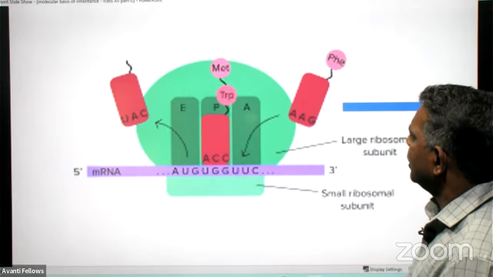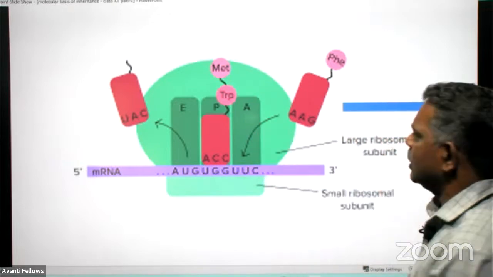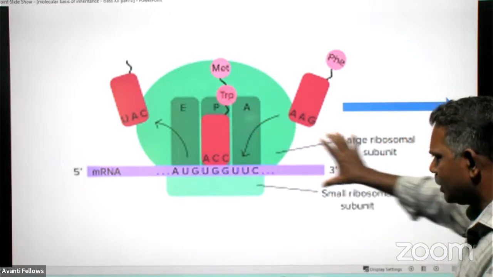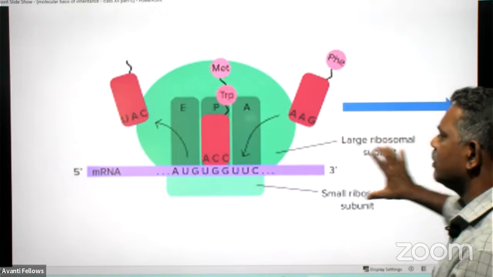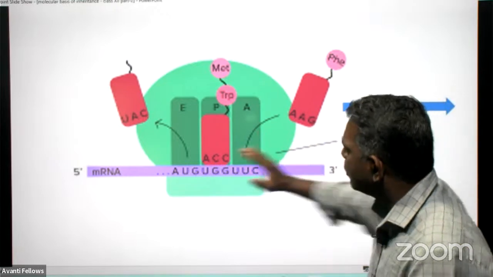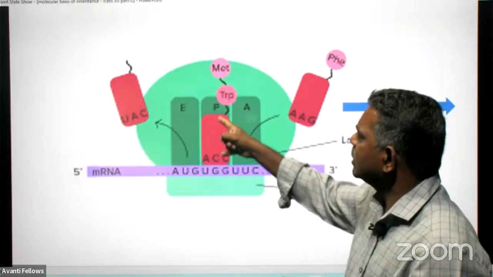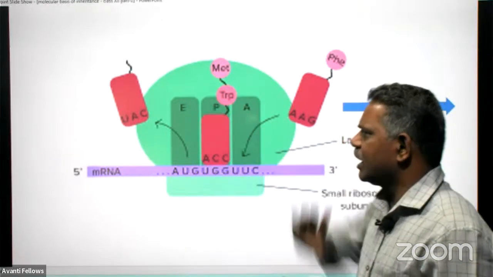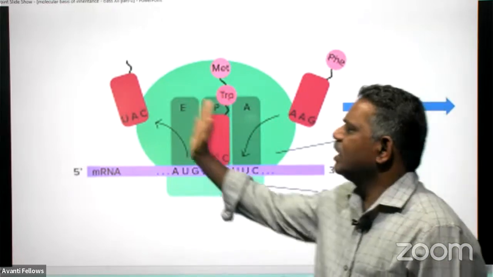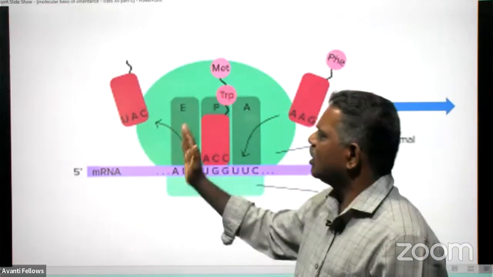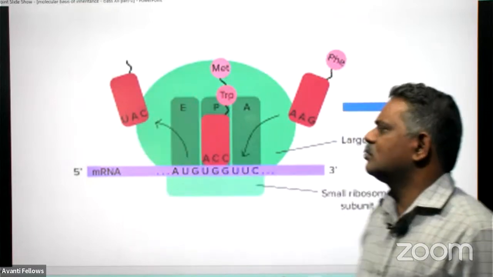So what will happen next? Again, the ribosome will move a little forward. So during its movement, what happened? Another triplet codon will enter inside. So from the A side, it will move to the P side. Always from the P side, it will be taken to the E side. So there will be an ejection of this tRNA from the E side to the